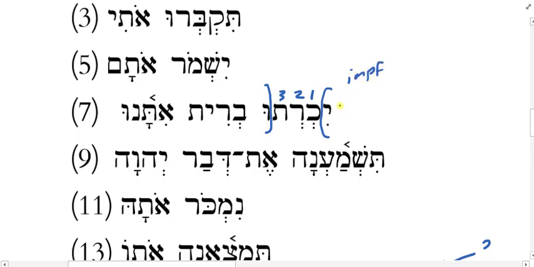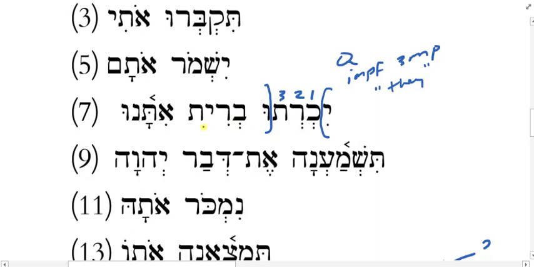Anytime I have a nutty prefix, I can't go with perfect or participle, okay? If I see a nutty prefix, nun, tav, yod, aleph, I got to go with imperfect. If it's a yod, it's always third masculine, right? And then if I have the shurik, is it singular or plural? Plural. It's plural, that's right. So I know the subject is a they, that's male, right? And of course the stem's always cal here for now. So they will write, or excuse me, they will cut a